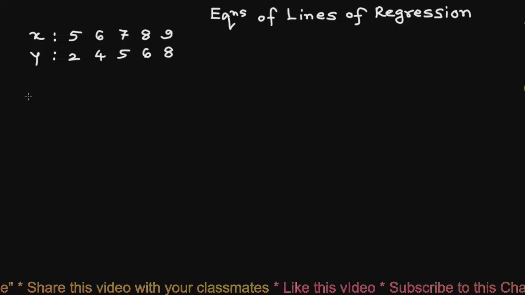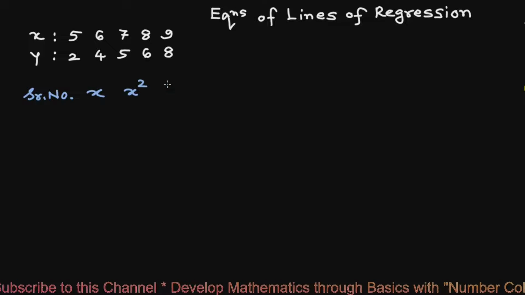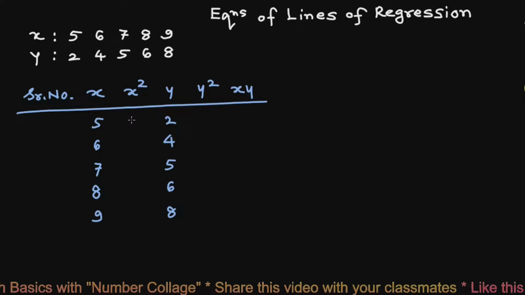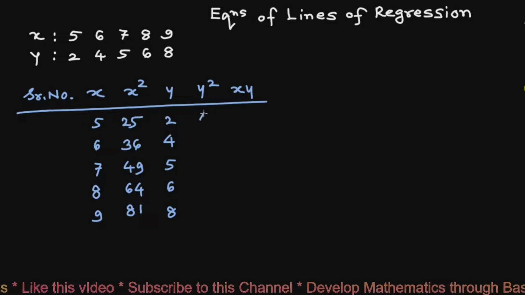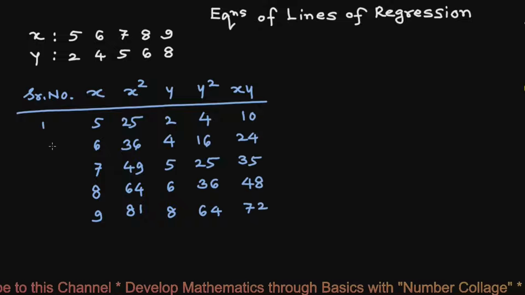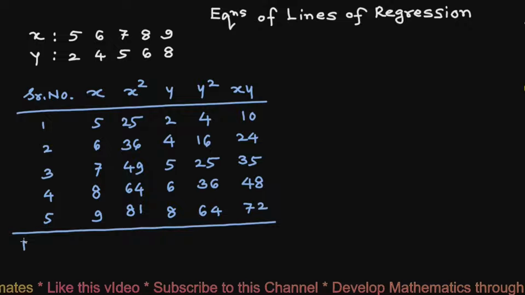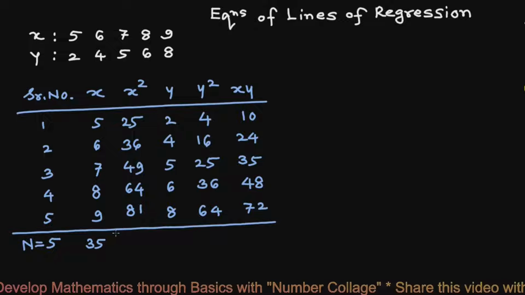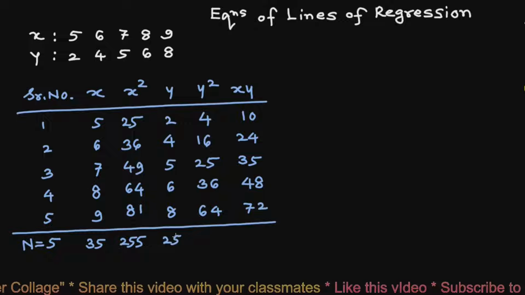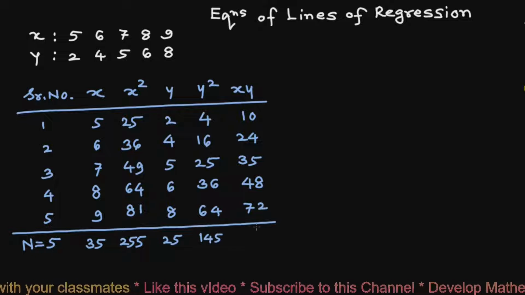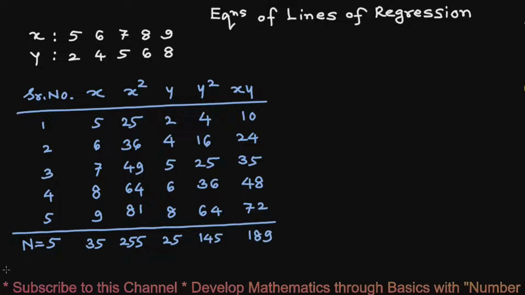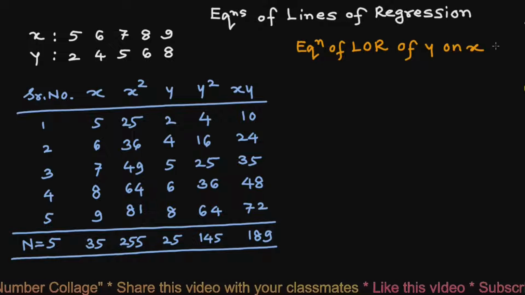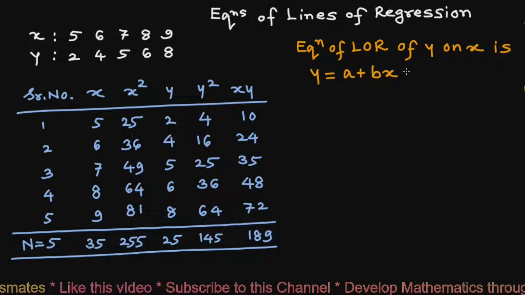First we will prepare a table of values of x, x square, y, y square, and xy. Values of x, values of y, values of x square, values of y square, values of xy, and the serial number. Now we will write sum of frequency or 5 serial numbers. Sum of x 35, sum of x square 255, sum of y 25, sum of y square 145, sum of xy 189. Now the equation of line of regression of y on x is y equals a plus bx,